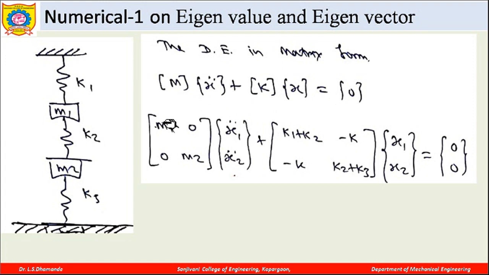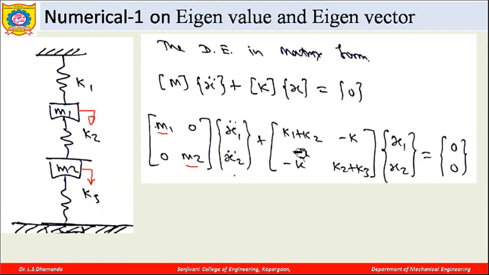Okay, so first we'll write the mass matrix for this system. So there are two masses m1 and m2. So mass matrix is a square matrix. I am having diagonal elements. So first mass I will write here m1, and here I will write the m2. As these masses will be having two displacements like x1 here and x2 here. Okay, so accordingly x1 double dot and x2 double dot are the coefficients of this m1 and m2, that is mass into acceleration, that is inertia forces.